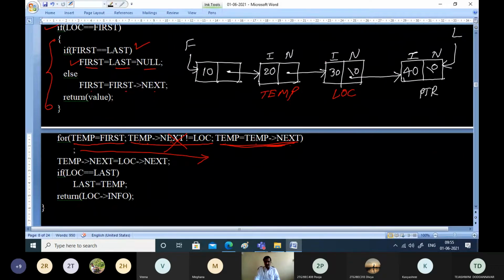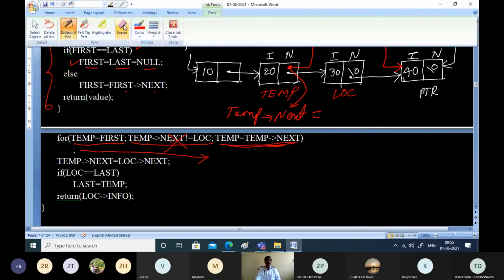Now, what is the logic? As I told earlier, this pointer should point to this node, right? How can I obtain this field? This is nothing but temp pointer next, and it should point to this node.